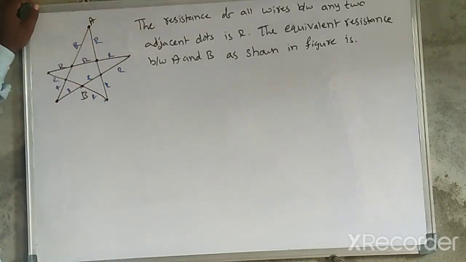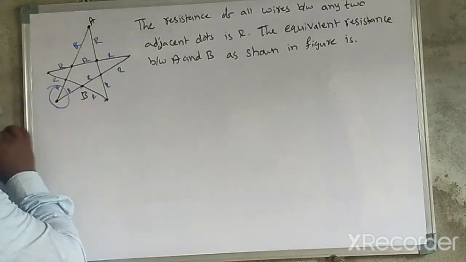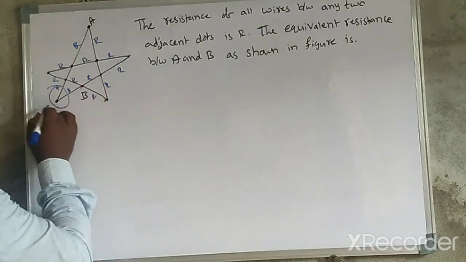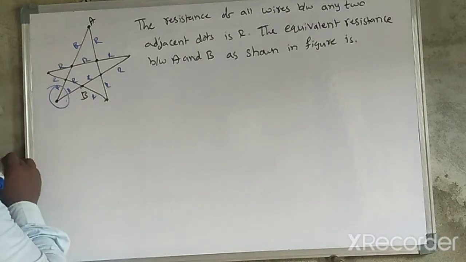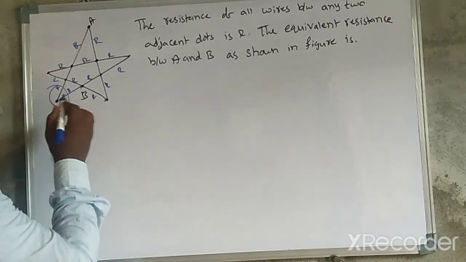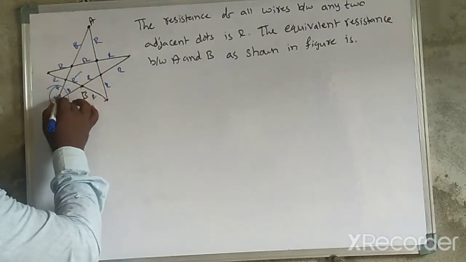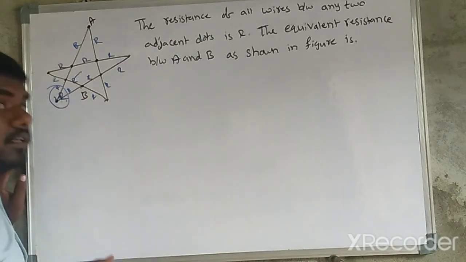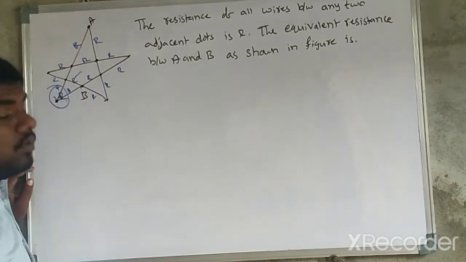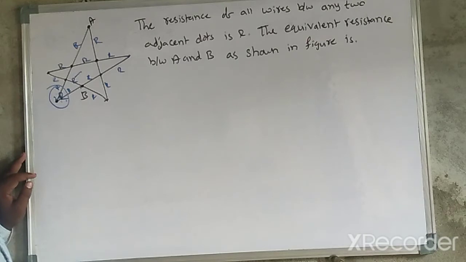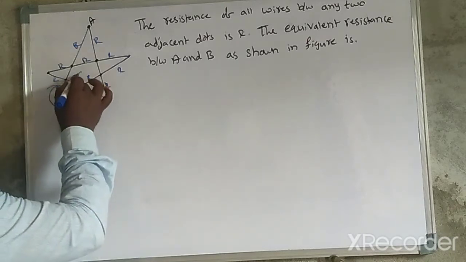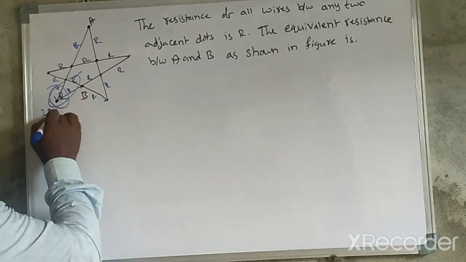Whenever they ask this type of question, you may identify this symmetry. That's why I go for the second method directly. So now these two are in series, then these are in parallel connection. 2R plus R. Here the R and here the 2R, these two are parallel. So 1 by R, 2R plus 1 by R gives nothing but 2R by 3. This resultant is 2R by 3.